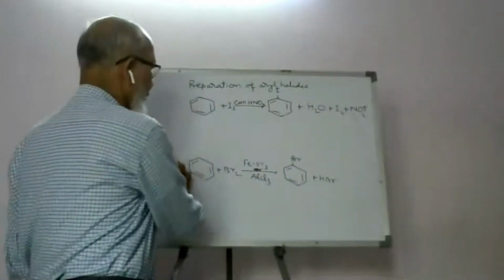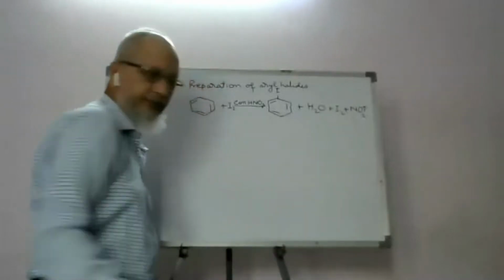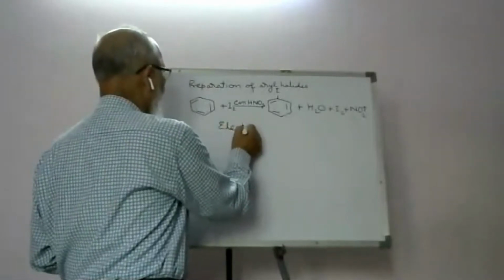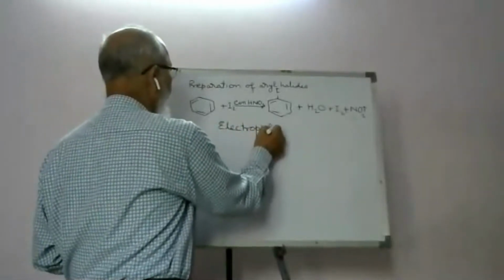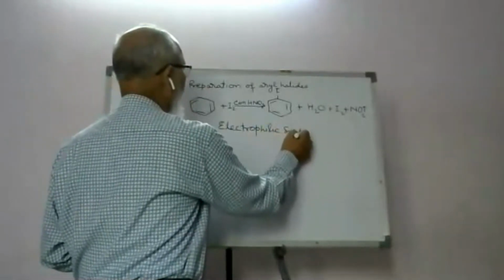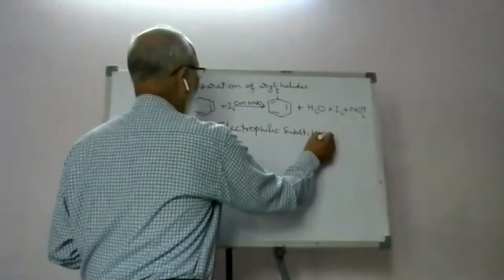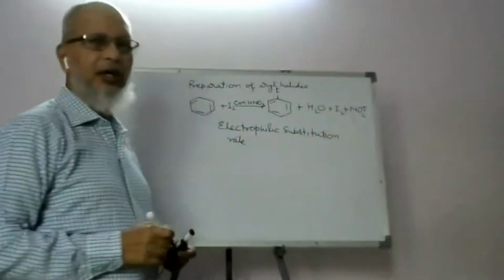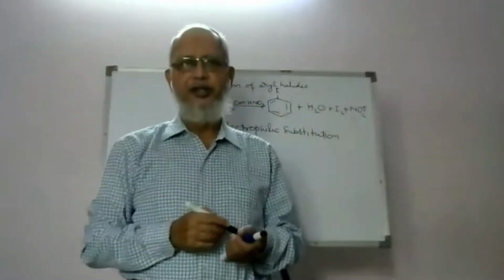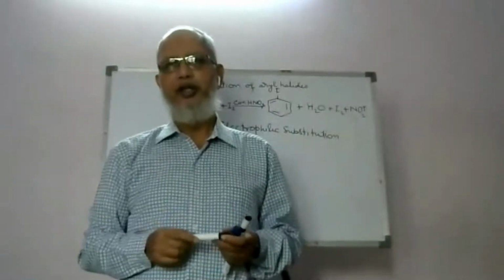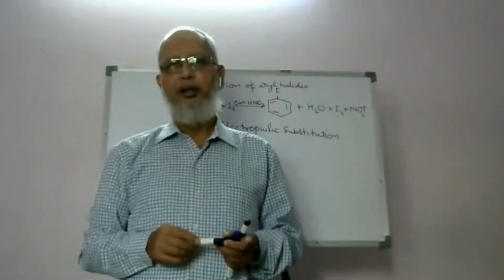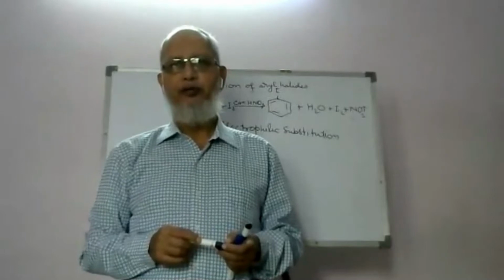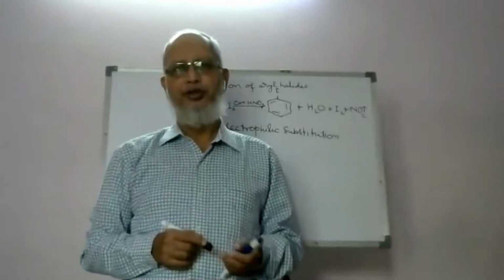Now all these reactions are electrophilic substitution reactions. Substitution reaction, as you know, takes place at single bonded centers. Here, the substitution is taking place at the carbon atom of the benzene, and the hydrogen, which is singly bonded with the carbon atom, is being replaced by the electrophile, and that's why it is called an electrophilic substitution reaction.